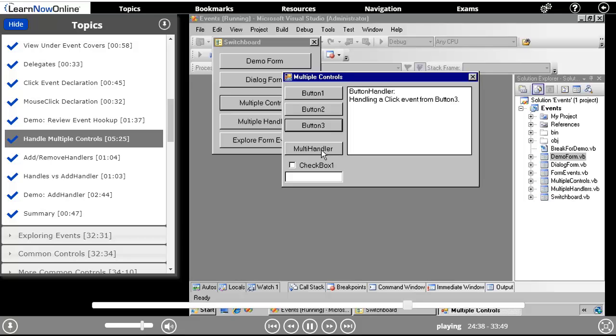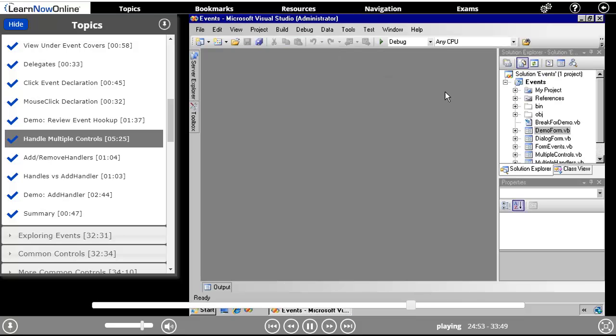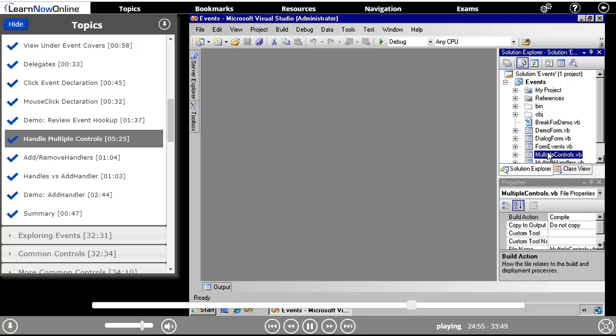Down here I have three different kinds of controls: a button, a checkbox, and a text box. And in each case, the event handler can tell not only which control I was working on, but what kind of control. Let's see how that code works. If I come to multiple controls here,